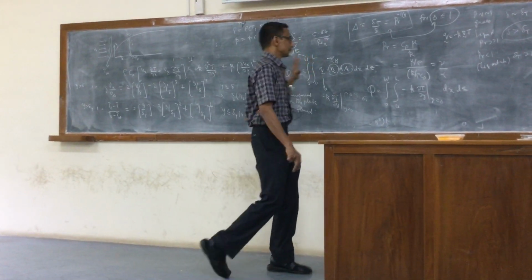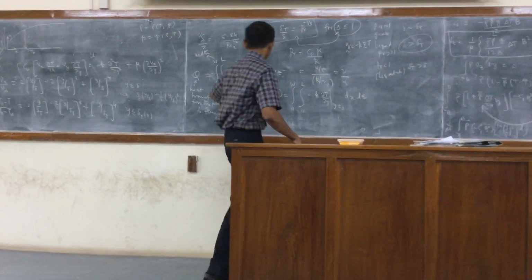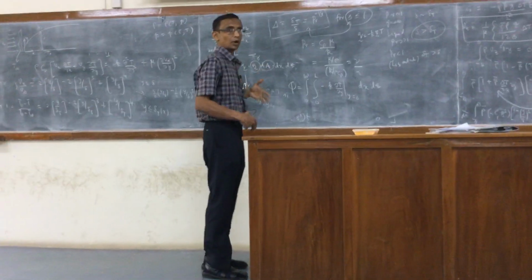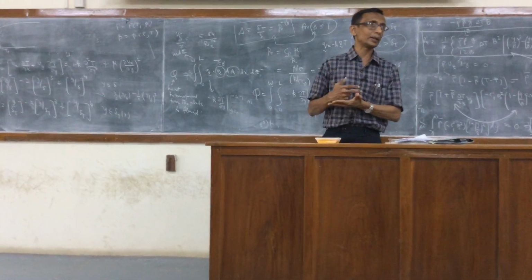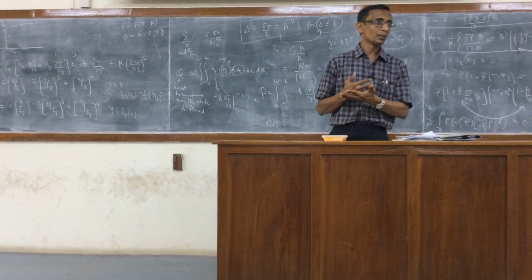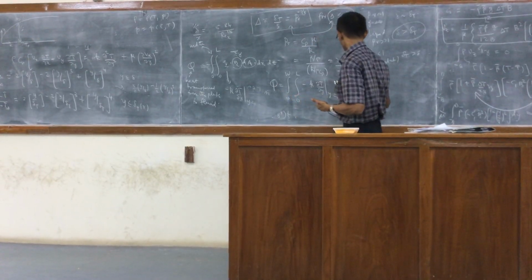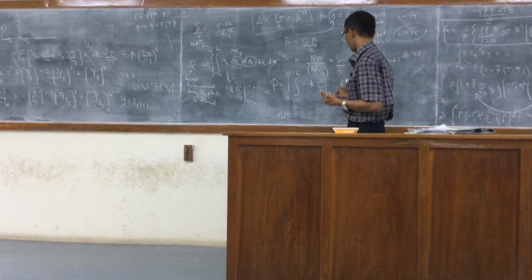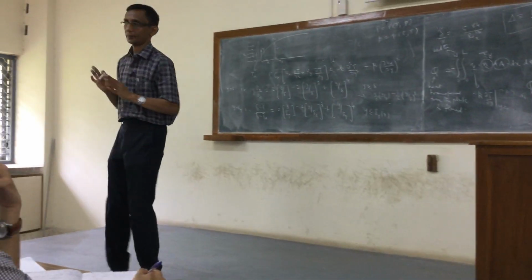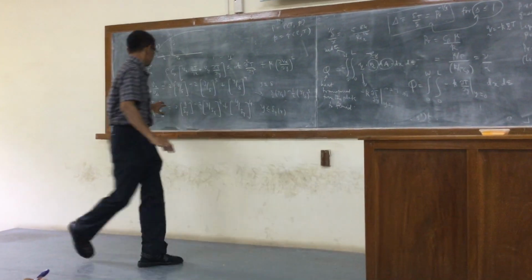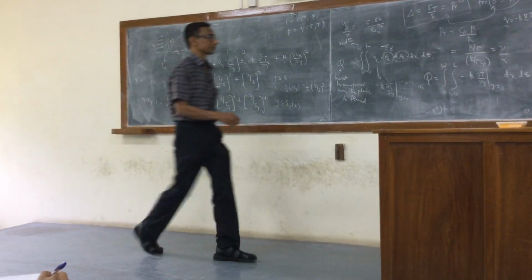So here, of course, T is a function of both x and y, but since the gradient is dotted with e_y, because the normal here is in the y direction, it's only the component dT by dy that will contribute. That is the point to be made here. So that will finally give rise to this, and clearly there is no dependence on z anywhere. Evaluated at y equal to 0, the integral will only be over x, right? And that x dependence is coming from here. This is what I have to differentiate. We differentiate this with respect to y. So let's calculate that